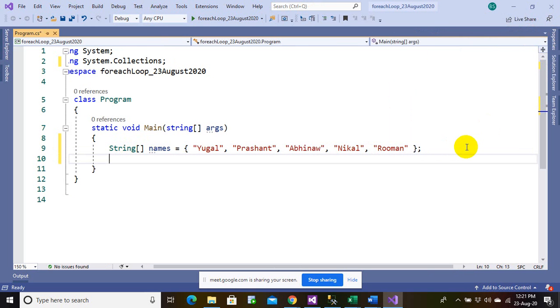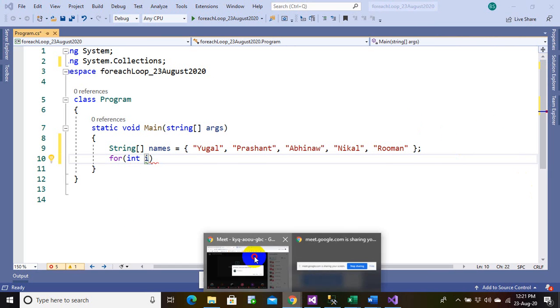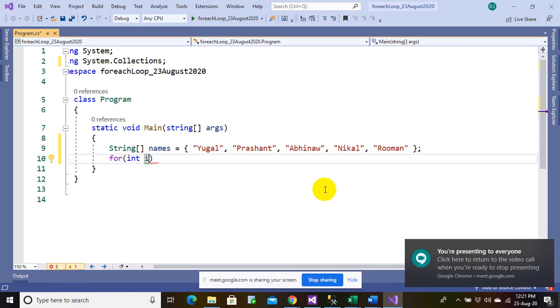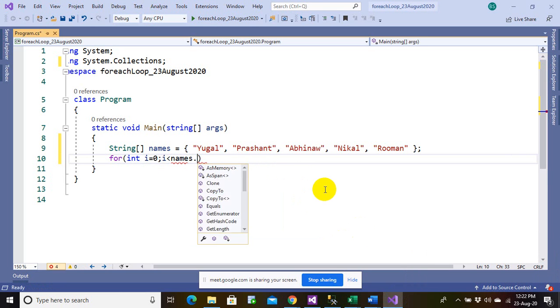Up to now what we have been doing is using for integer i equals to 0; i is less than, I just didn't tell you about this, everyone, names.Length. So for an array we have something called Length.